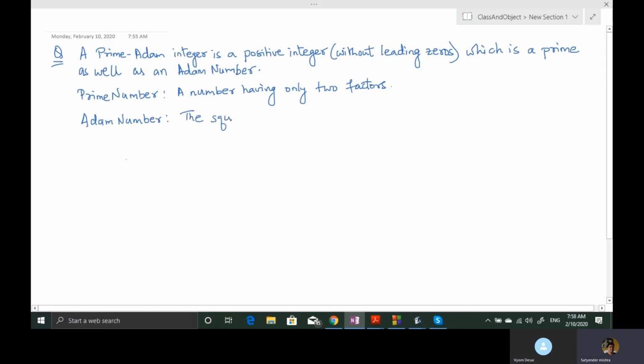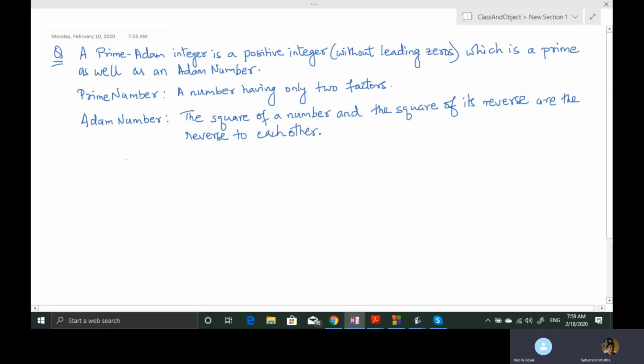So the square of a number and the square of its reverse are the reverses to each other. Example,